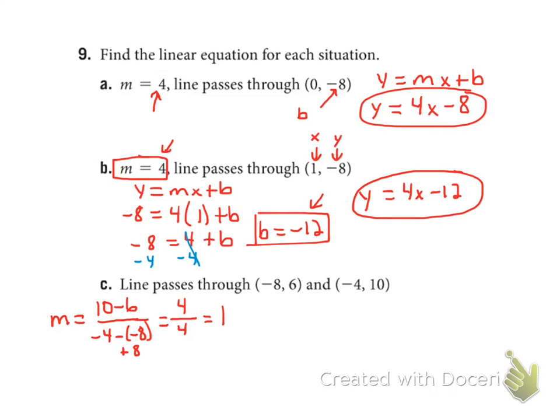And now we're going to have to do like we did in part B. We're going to have to use one of those points along with the slope we just found. Which point would you like to use, the first one or the second? The first one. First one, okay. So y is the 6. The slope is 1. And x is,